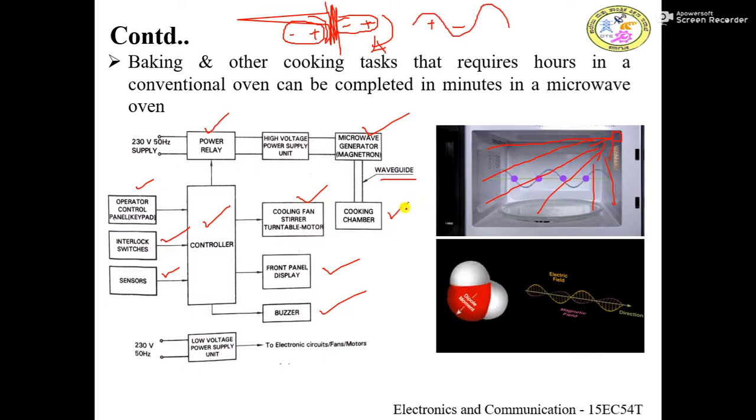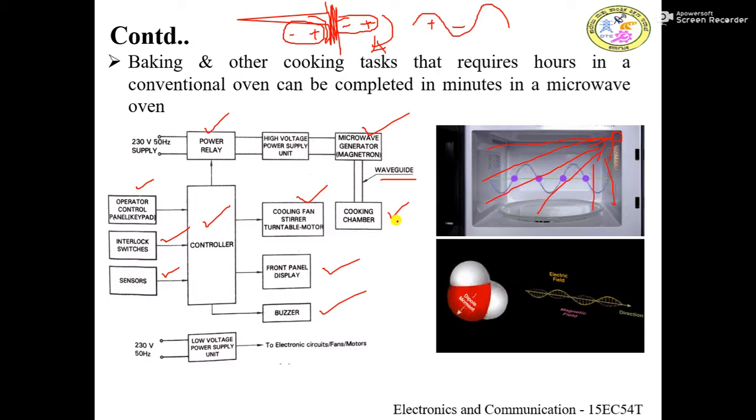This is very important. A cooking chamber is generally a square shaped container. The walls of the cooking chamber are made up of fine wired mesh, which is called Faraday's cage. The perforations inside the steel cage are so small that the microwaves may not pass through the mesh, may not pass through the Faraday's cage. And the front face of the cooking chamber is usually made up of glass so that the user can view what is happening inside the chamber.